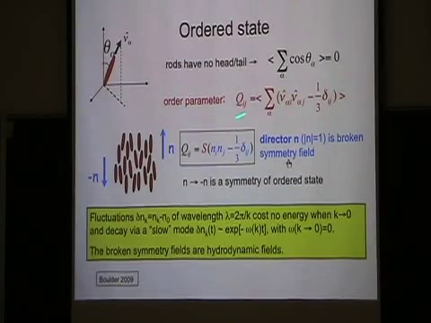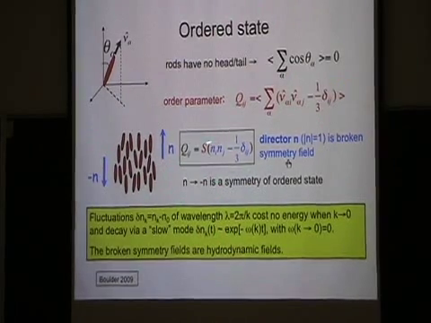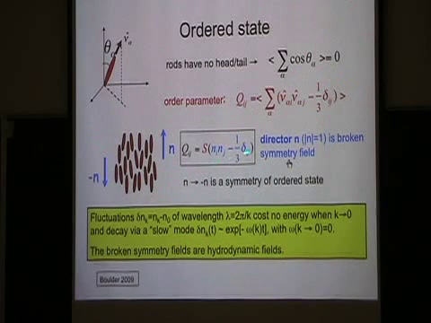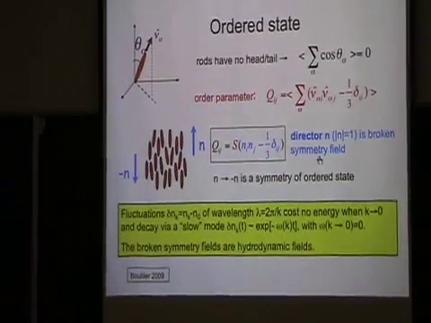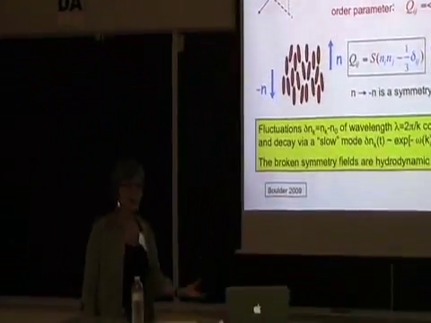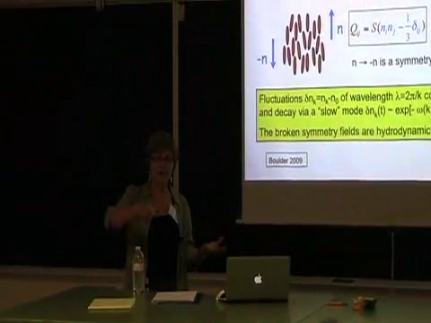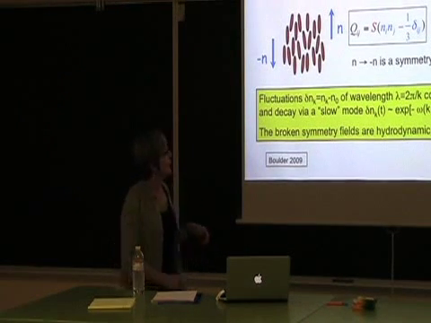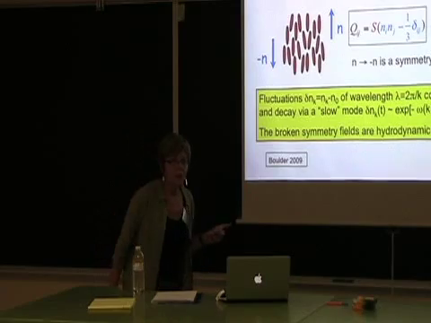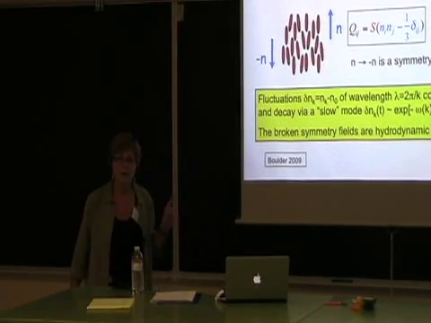And I went through this because I wanted to stress there's a lot of confusion even in the literature sometimes, that the hydrodynamic variable is not the order parameter itself, but just the broken symmetry field, the director. Of course, the energy of the ground state does depend on the value of S, which is actually the order parameter. Like in a magnet, the energy of the order state will depend on the magnitude of the magnetization. It doesn't depend on the direction of the magnetization. So that's the kind of thing you need to think about if you want to construct a hydrodynamic theory phenomenologically.